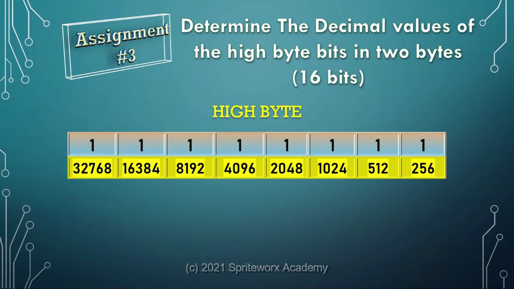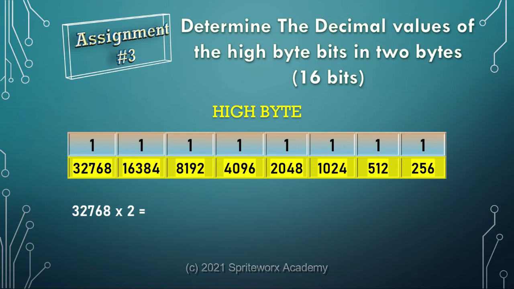What is useful for us to understand about the high byte, though, is this next thing we're going to take a look at, and that is what would be the value of the next bit in this series. So if we were to expand into a 3rd byte now, and we kept doubling these decimal values, you can see our next bit to the left would have a value of 32,768 multiplied by 2. Now, of course, that would take us out of these 2 bytes and bring us into